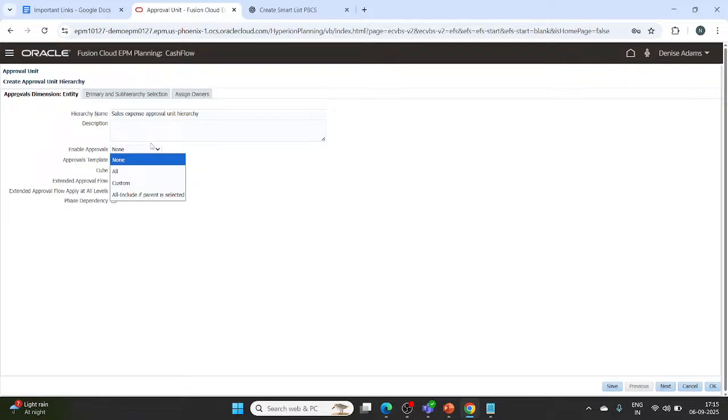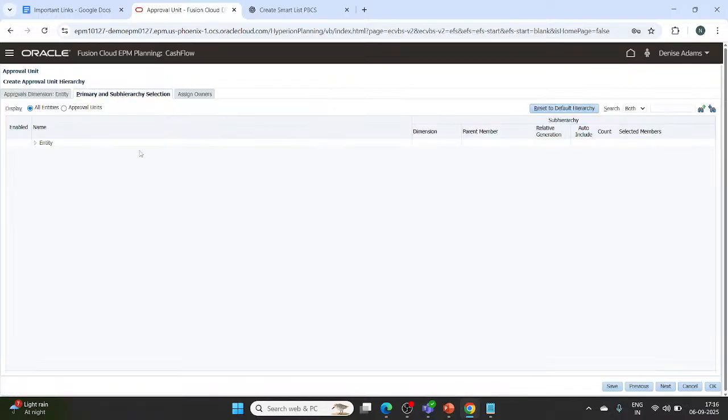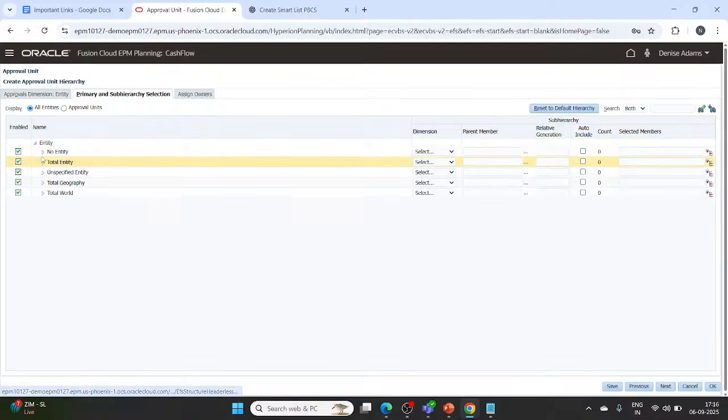enable approval. So for enabling the approval, we would tick all approval templates. It would be bottom up. Here the extended approval workflow. We would select, and we will check the primary and sub hierarchy selection. So the primary and sub hierarchy selection, we will check the